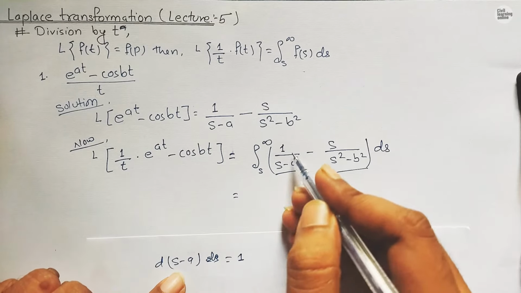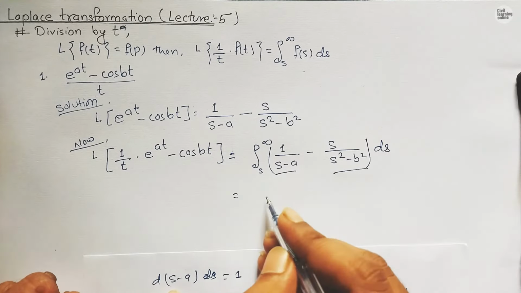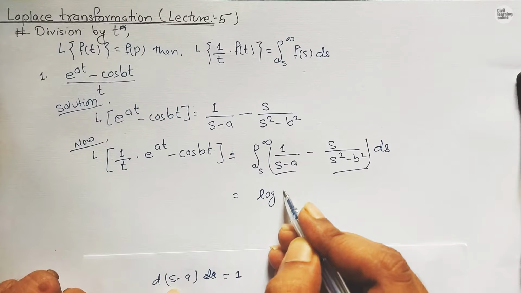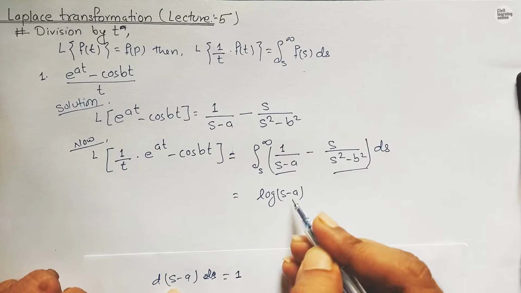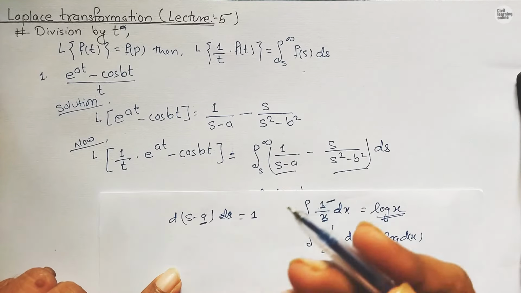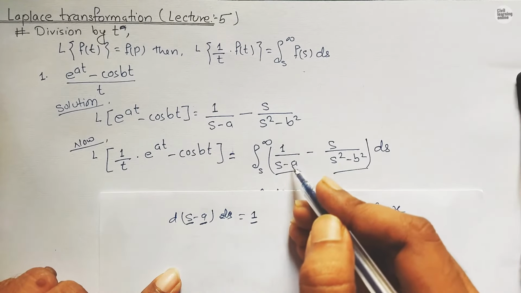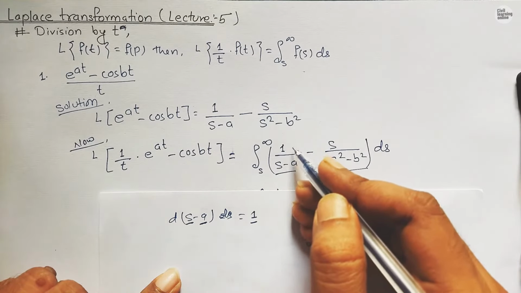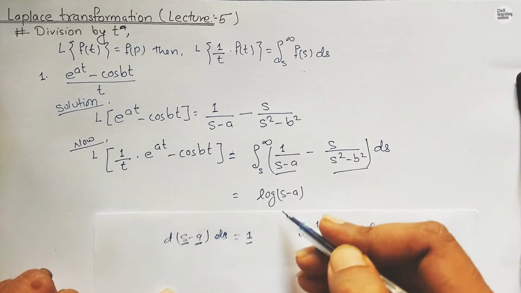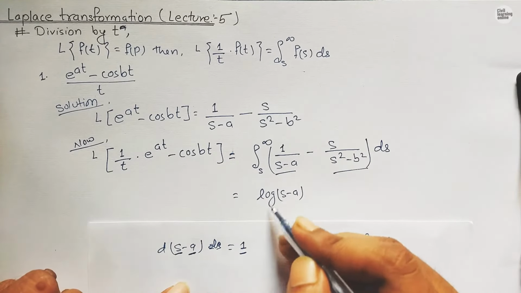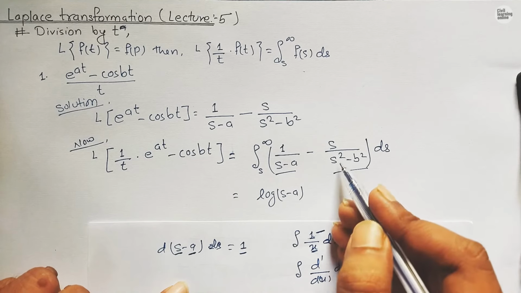So here the integral of this term will be log of s minus a. Why so? The derivative of a will become 0 and the derivative of s will be 1. So the derivative of s is 1 and the derivative of a is 0, so it will automatically be 1. So it is log s minus a. Similarly, you can see here